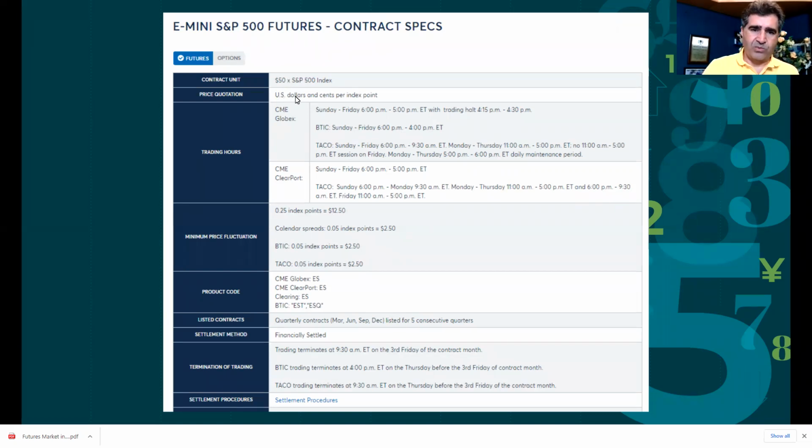If you're doing the euro, say you're in London doing exchanges there, each one has its own currency. Now, because you're doing the S&P in the United States, it's dollar denominated, and the quotation is in dollars and cents. The movement is $0.25, for instance. They call it ticks. We will discuss that.